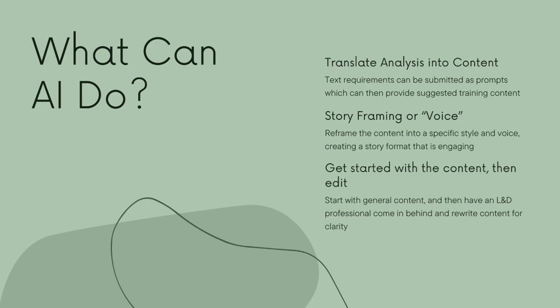content that you have, and it can rewrite it so that you've got that particular voice of playful whimsy or stern leadership, or however it is you need to set the feel of the content. That's something that AI is going to be able to do really, really well for you, and it will manage that. Maybe you need to get started and you need some ideas on how you can approach this. AI can generate that for you, and then have someone go back in and redo that, write it so that it makes a little bit more sense and has clarity and whatnot.